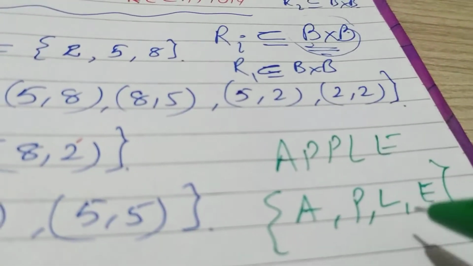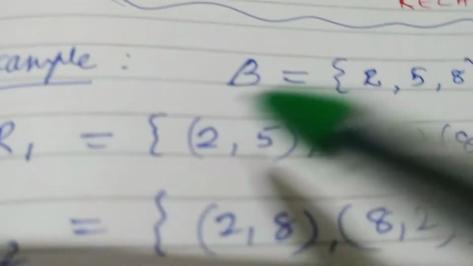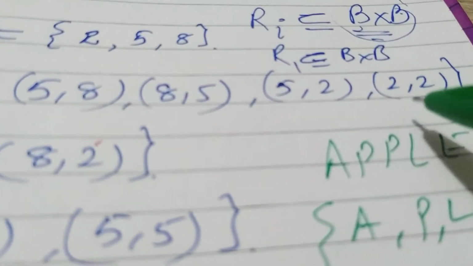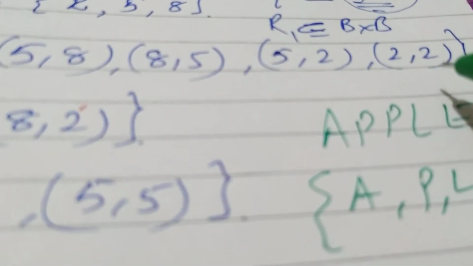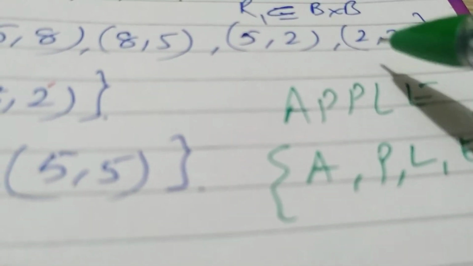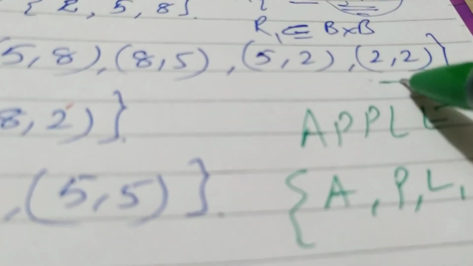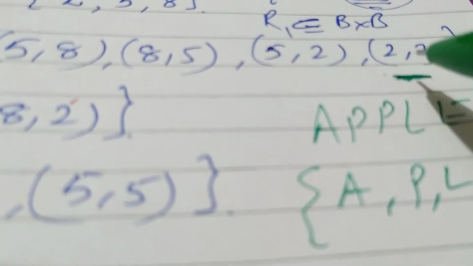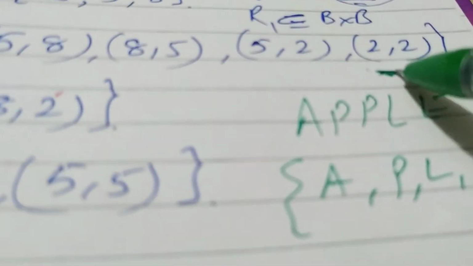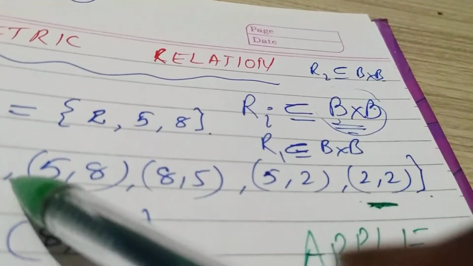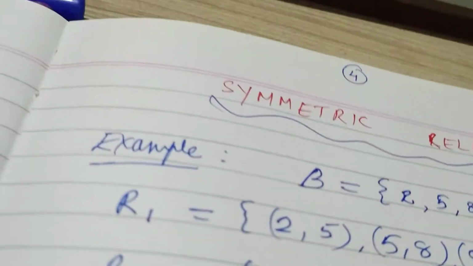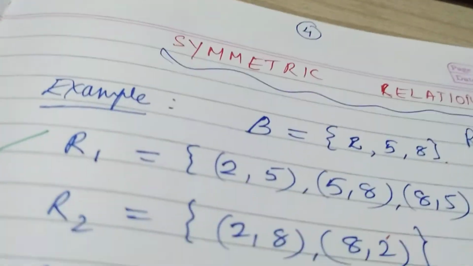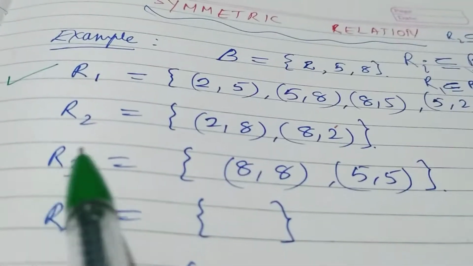So these ordered pairs are also such elements in a set. They are elements of the set R1. So there is no meaning of writing (2,2) once again. So it is understood that this is illustrating a symmetric example, and reflection also. So the entire relation R1 is symmetric. Yes, it is proved for symmetricity.